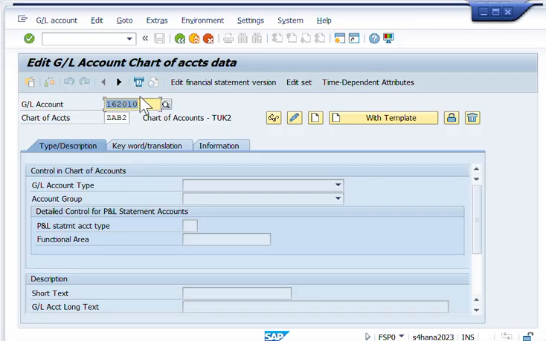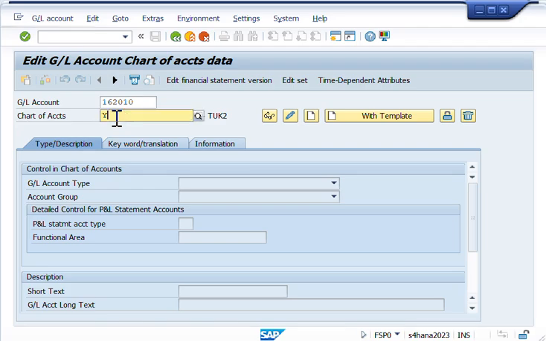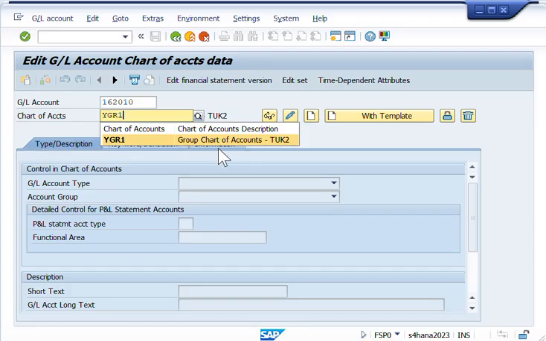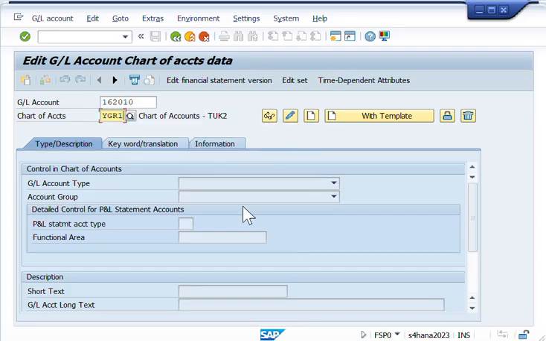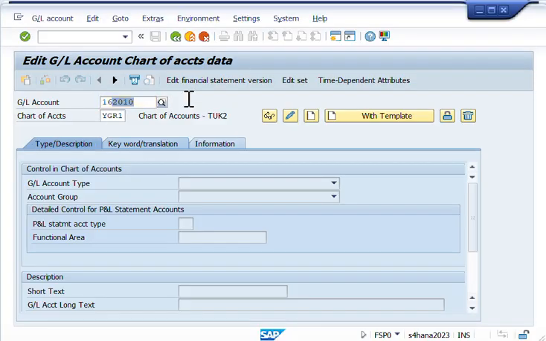So first one, we had the building. So our chart of accounts will be YGR1 for the group chart of accounts for TUK. Okay, and this one will start with the building, 1000. Okay, so click create,